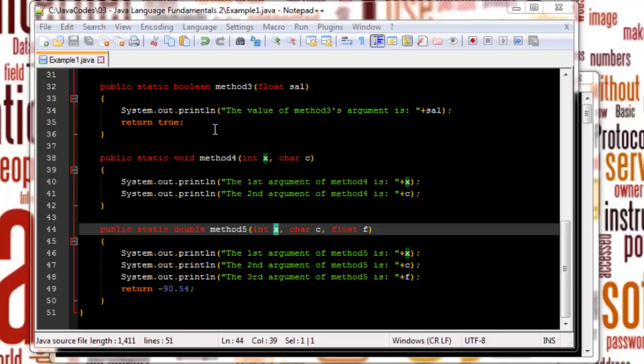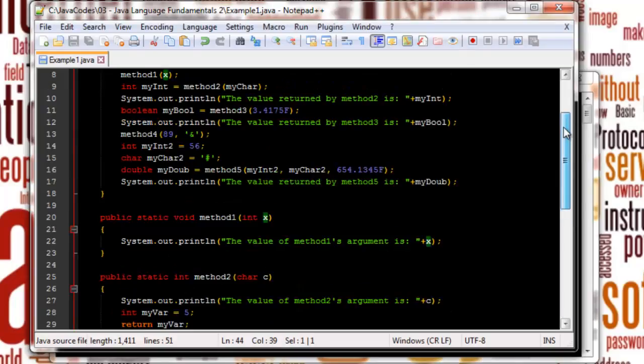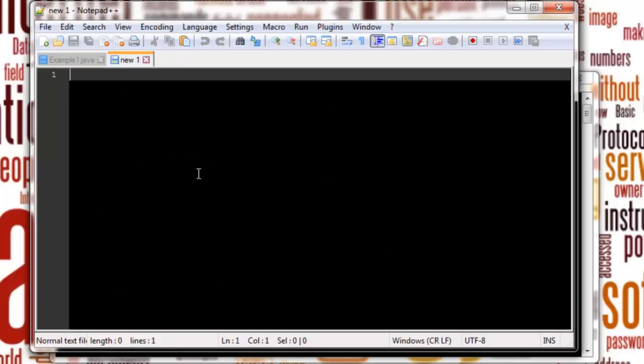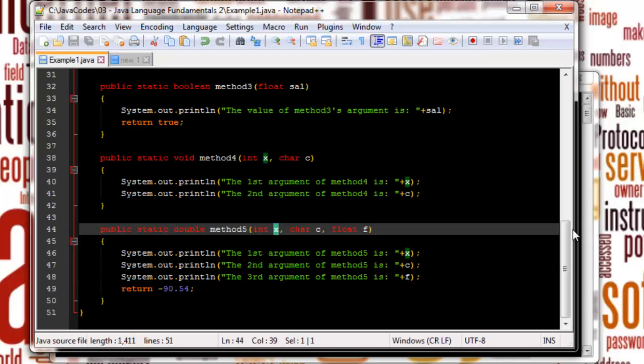In this tutorial, we're going to take a look at how to invoke methods from some other class. I think we've done that in a previous tutorial in the second chapter, but this time around we're going to deal with arguments in methods in some other class. So it's going to be a little bit complicated, but since this example one class is kind of getting cluttered,